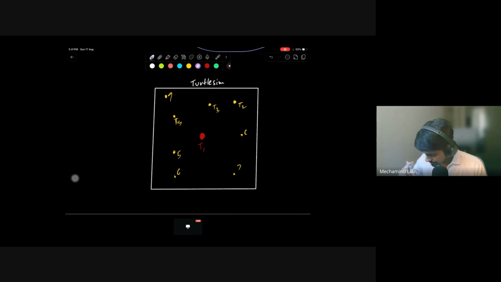For example, let's say T4 is the nearest turtle. So it will just move there and catch this T4. And the moment it catches T4, T4 will get killed. We will remove T4 from the game. Then after T4, our turtle 1 has come to this position. Now the nearest turtle to it is T9. It will go here and catch T9, and then we will remove T9 from the list as well,